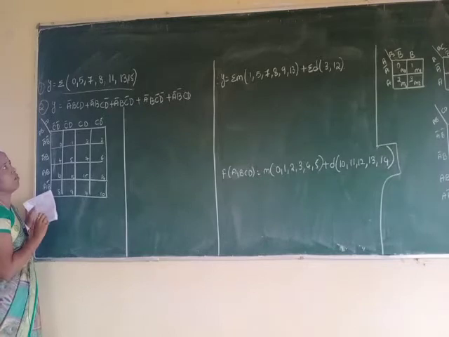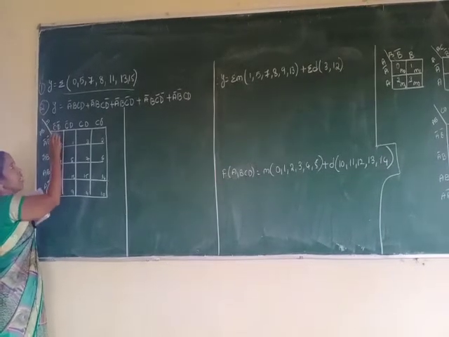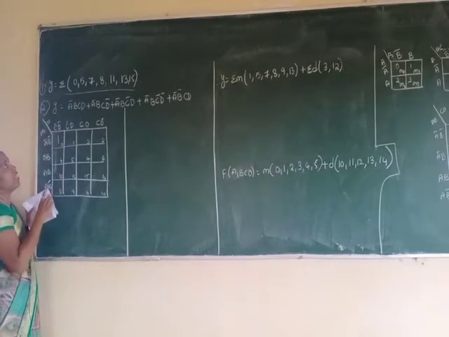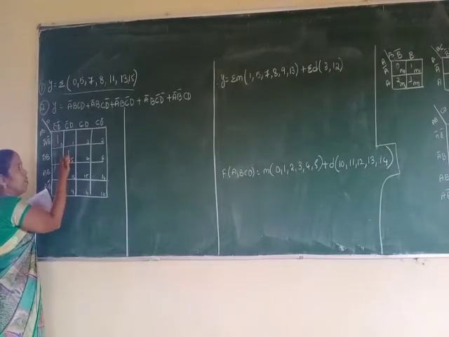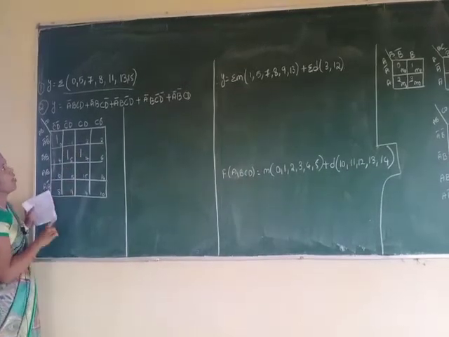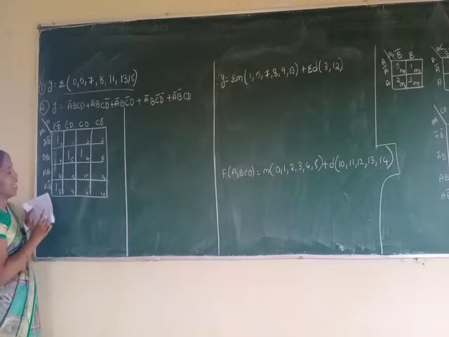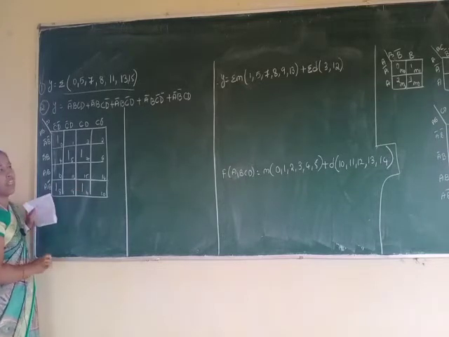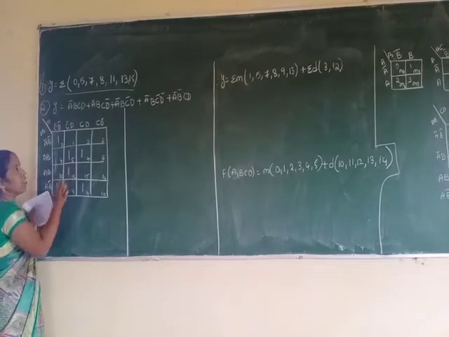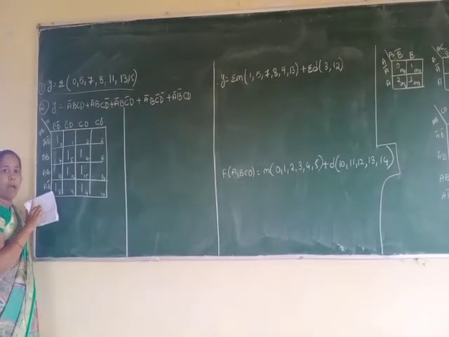So the first step is what here again? Mapping of minterms. So the first value is 0. So wherever the 0 minterm value is there, I am placing 1. And the second value is 5, so I am placing 1. Next minterm value is 7, so 1. Next minterm value is 8, so 8 is here. Next one is 11. Next one is 13. So 13 here. Next one is 15. So the first step is done, mapping of minterms.